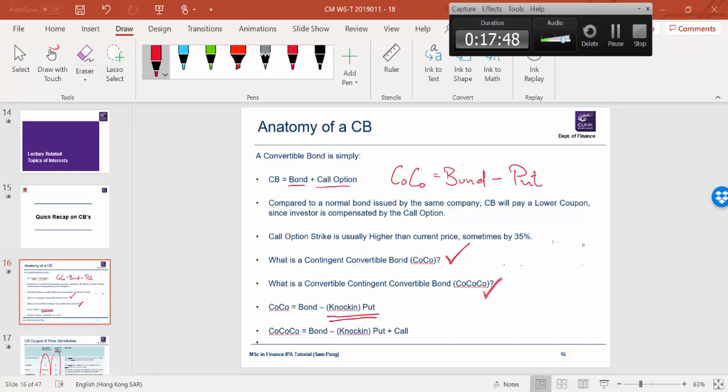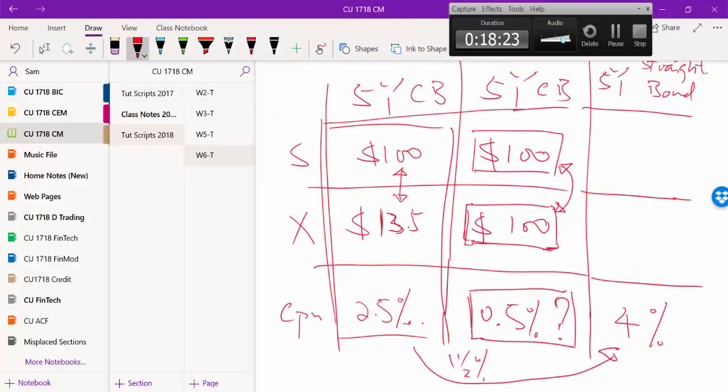It's a barrier option. So you remember that Rose K mentioned there was a deal. I think one example was the Bank of Cyprus. You can find this deal online. Cyprus is a little island near Greece. So they issued a bond called COCO, which is a combination of a convertible bond plus a knock-in put.